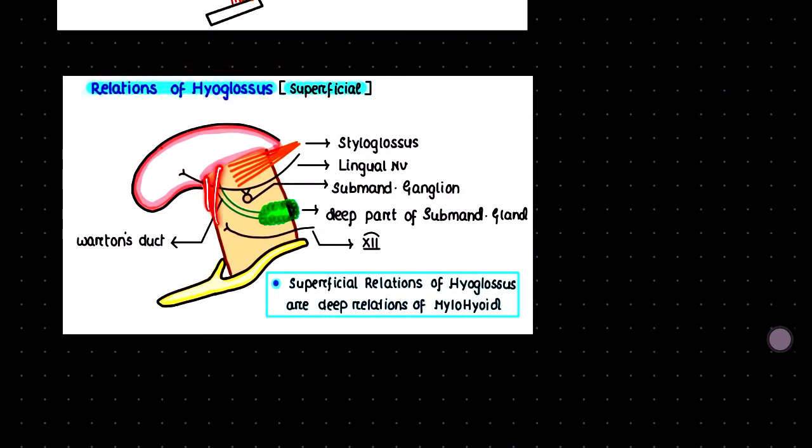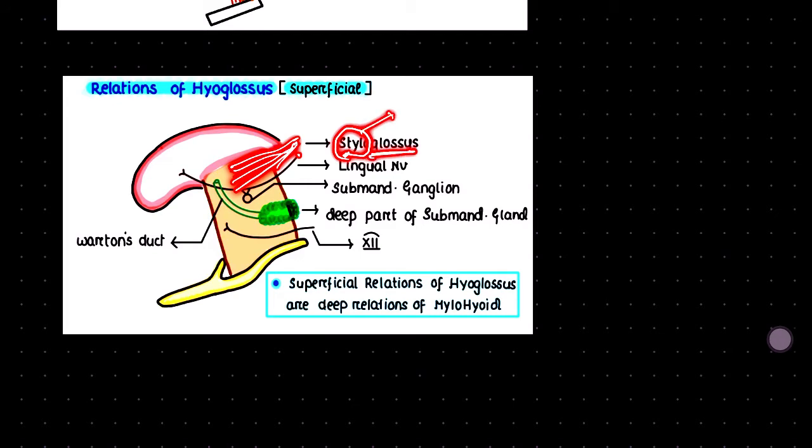This is hypoglossus. I have already mentioned that this hypoglossus is attached to the hyoid bone on one end and to the tongue on the other. Now, the superficial relation of hypoglossus: there is one muscle that we need to know, right? The muscle is passing superior to hypoglossus, and it is coming all the way from the styloid process of the temporal bone. So its name is